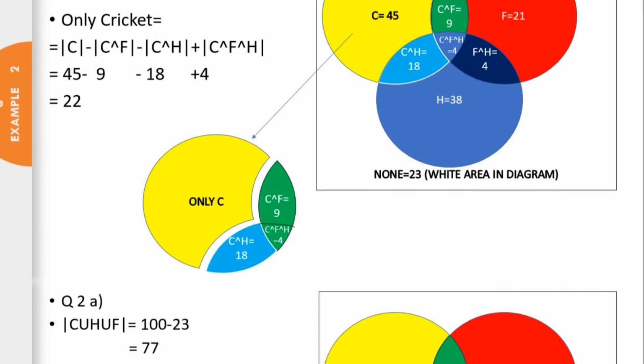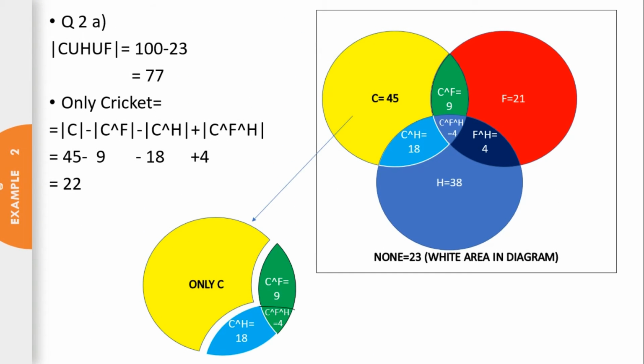Then we have to proceed to calculate the sportsmen who are playing only one game. Now we will start with sportsmen who are playing only cricket, only football and only hockey. So just start with sportsmen who are playing only cricket. We'll take this portion, and from it we'll separate out this yellow portion.